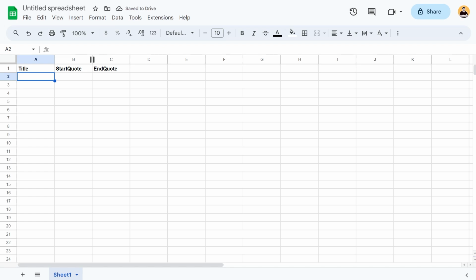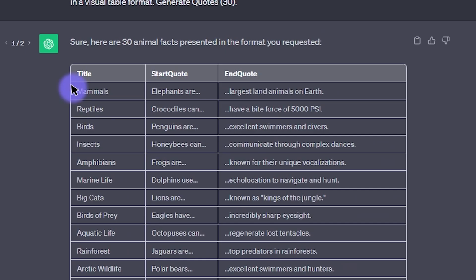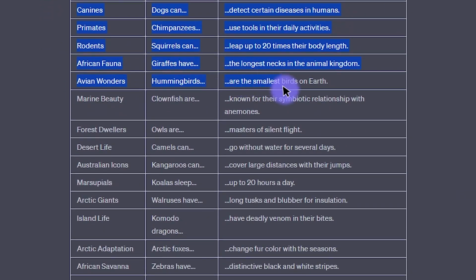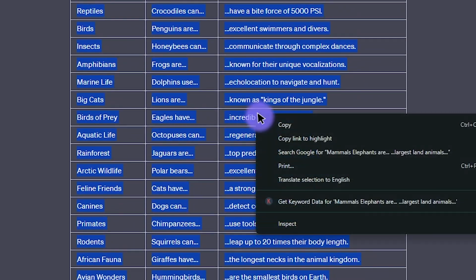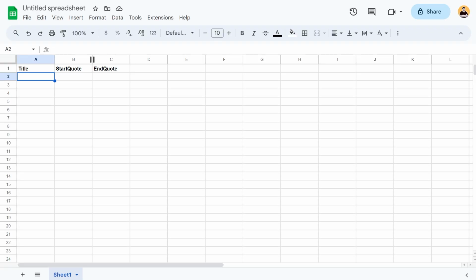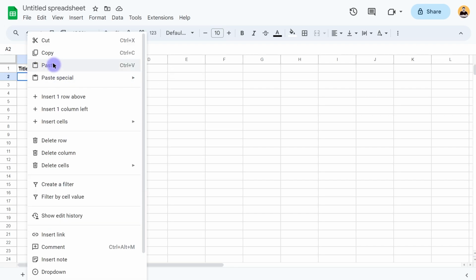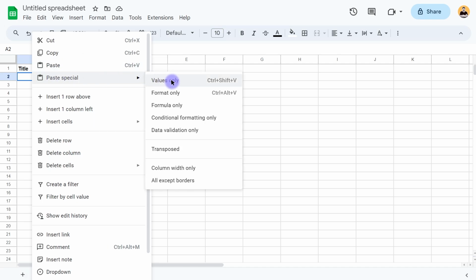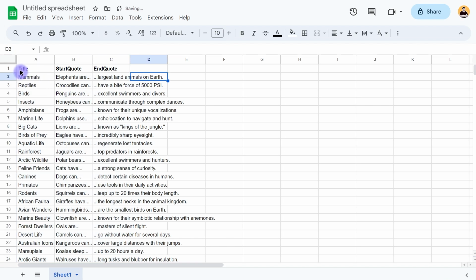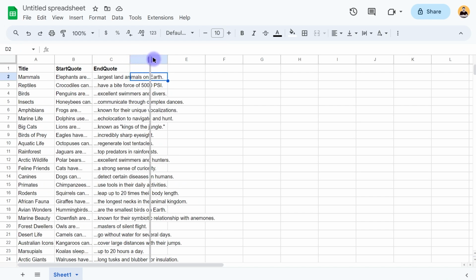Now go back to your ChatGPT and copy from here. Copy all of them like this. We'll copy the first 31 and copy them. Go back to your spreadsheet and right click over here, paste special. Don't paste it like this because it will come in quotes. So we're going to paste special and values only. This will paste this like this, and we can drag this